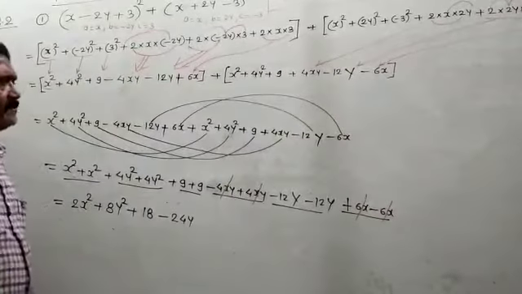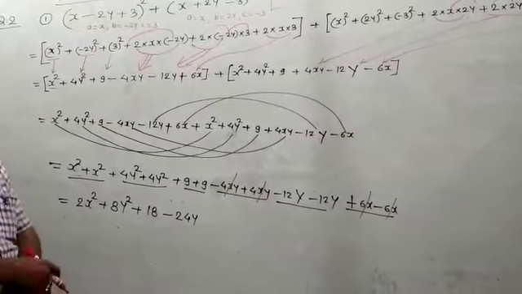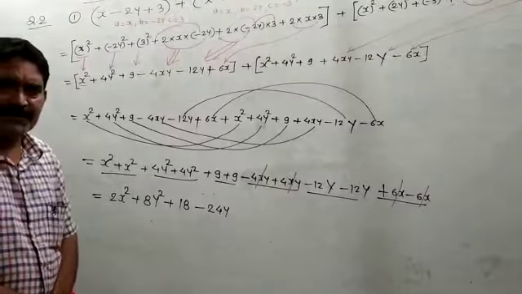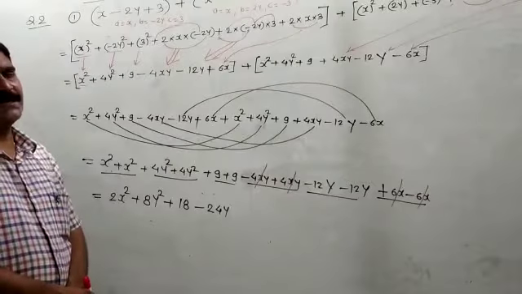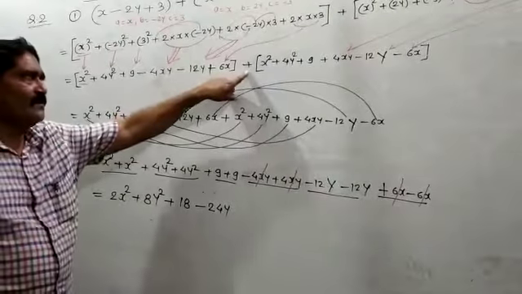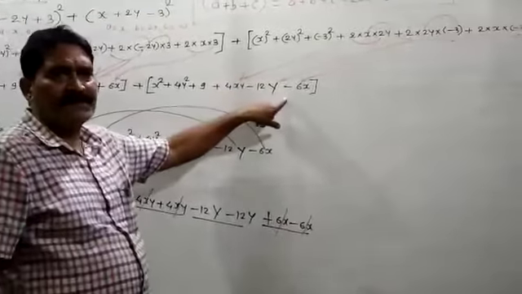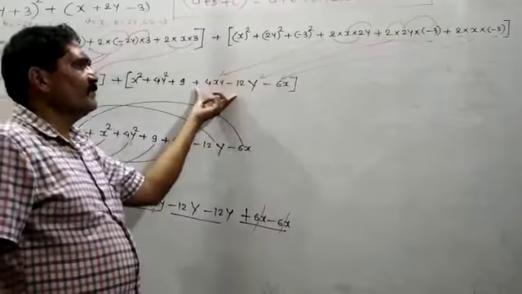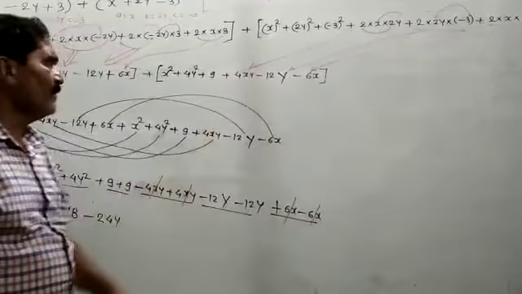So next step is you have to solve the bracket. If outside the bracket there is a minus sign, at that time you have to change the sign. If outside the bracket there is a plus sign, at that time no need to change the sign. Here is a plus sign, so no signs will change of this second term. Whatever terms are present in the second bracket, the signs will not change.